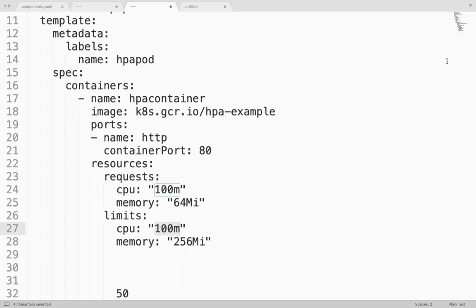100 millicore. 1000 millicore is nothing but 1 core, right?